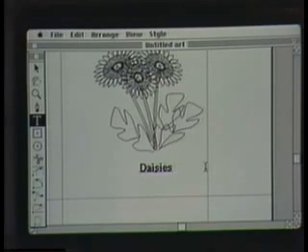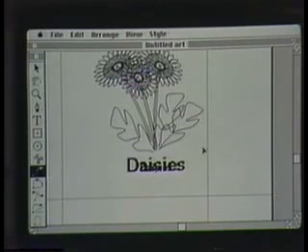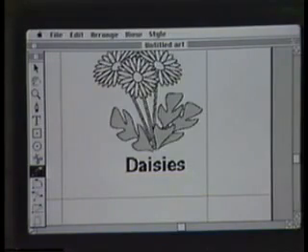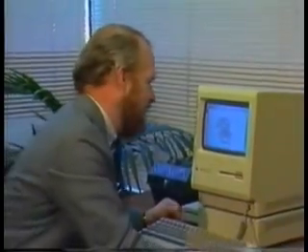If I do not like this size, I can always go to the Scale tool and make the daisies larger. This gives you a very, very flexible scheme for changing the size of type. Now we can see what the final image is going to look like. Isn't that great? Now that I've shown you some of the basic tools found in Illustrator, I'd like to conclude